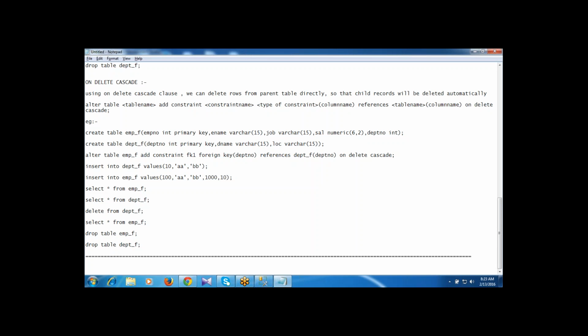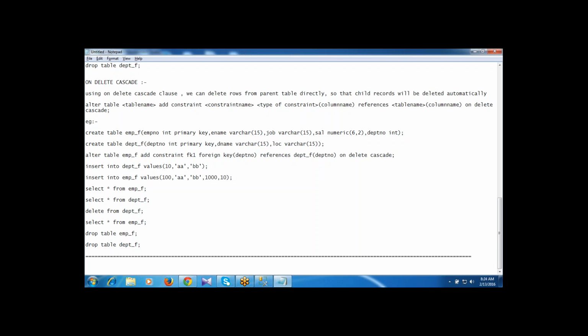So here we have two types of constraints: column level constraints and table level constraints. Column level constraints are imposed on a column or a group of columns in a table. Column level constraints are domain integrity constraints and entity integrity constraints. Domain integrity constraints are NOT NULL and CHECK constraint. Entity integrity constraints are UNIQUE and PRIMARY KEY constraint. When I write the NOT NULL constraint on a column or a group of columns in a table, those columns do not allow null values.